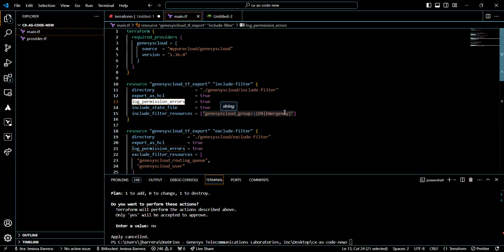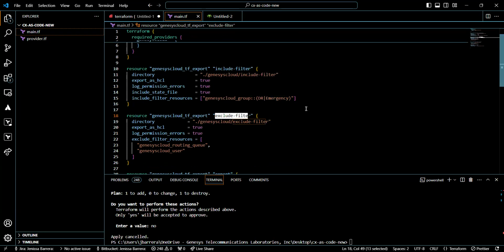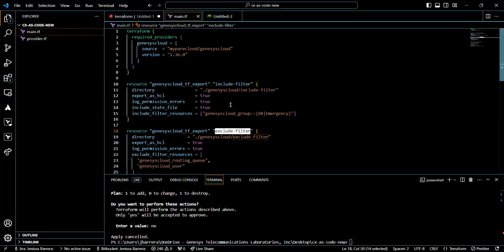We also have regular expressions where we can include or exclude specific resources. We have include filter and we have exclude filter. For the include filter, this is where we can define specific resources we want to include. In the include filter, we have a parameter where we can identify the resources we want to generate.